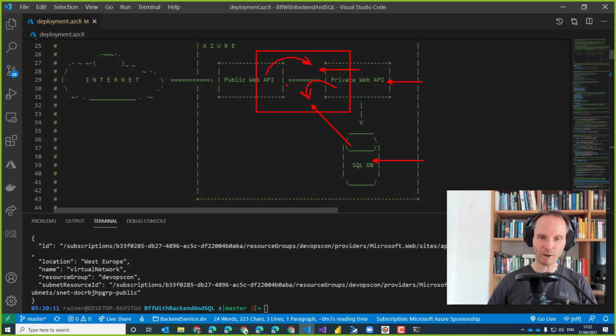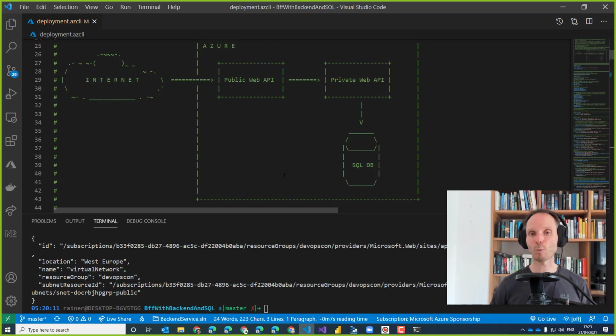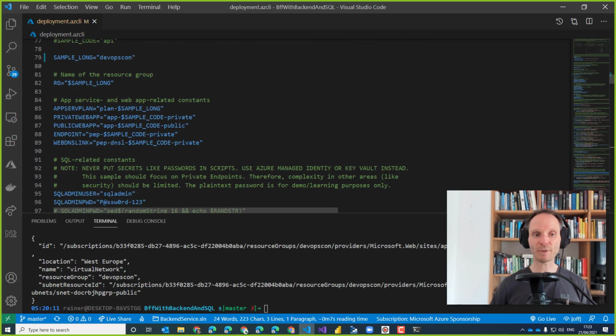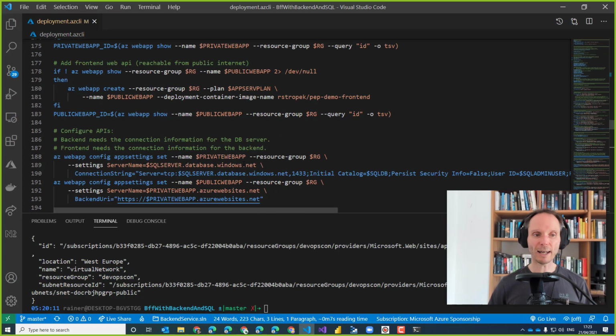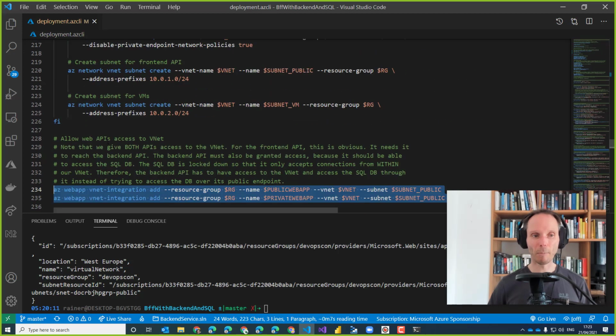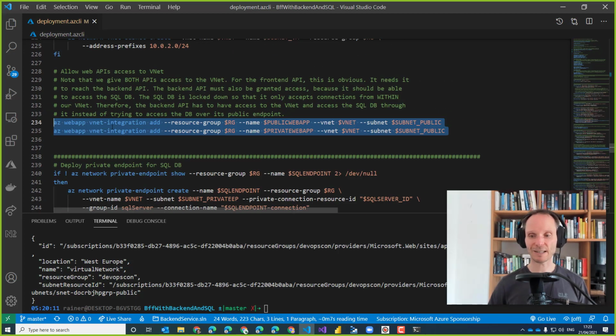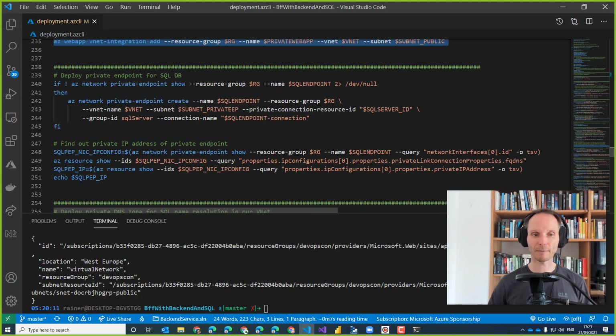But through the private endpoints, I can make all the network traffic run locally inside my address space, where I can control what's going on and where I can add any kind of network security infrastructure that I would like to. So this is the reason why I need to integrate both app services inside of my VNet. Good. And now we can start to create the private endpoints.